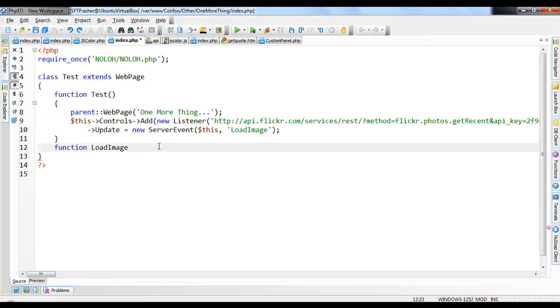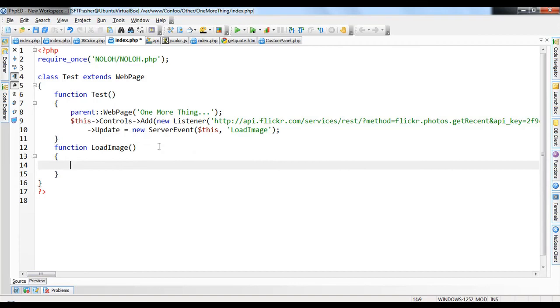It's just going to load image, and you can access the argument through the listener. There's a static Listener variable called data. Note that in NOLOH, we don't use event args. We don't believe that you should arbitrarily have to pass in event args when you don't need them for your functions. You notice how ServerEvent allows you to call any function, and if you needed event args, it'll always be a static that you can access. So in an event, it would be Event::Args, and for specific things, it would be things like this: Listener::Data. So you'd get the data.